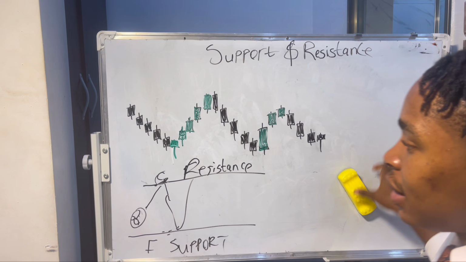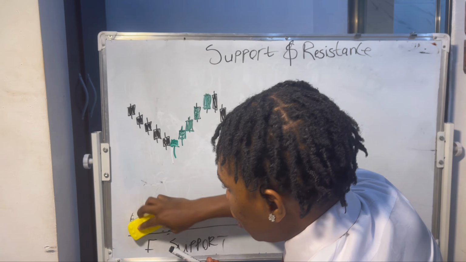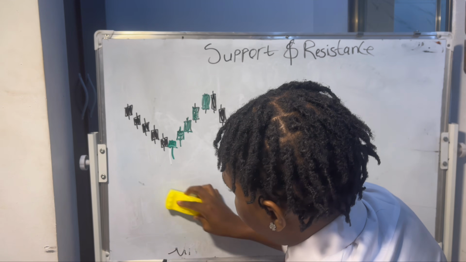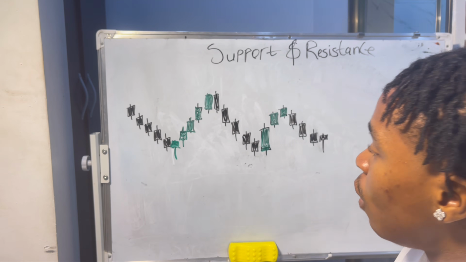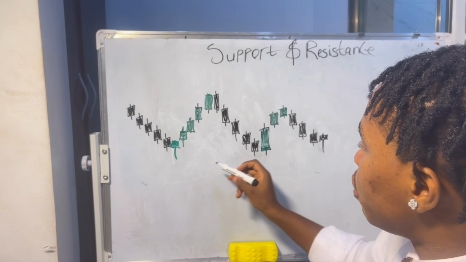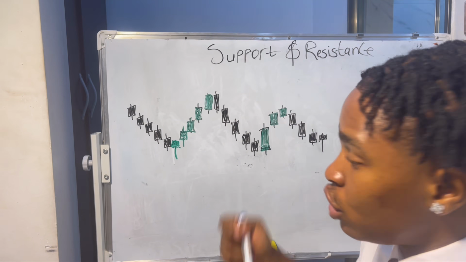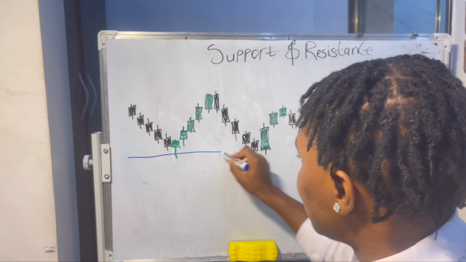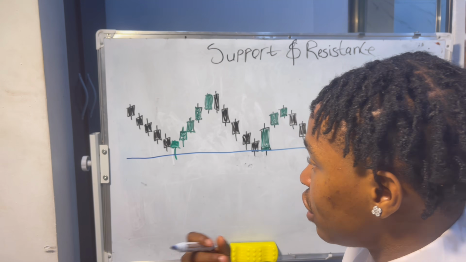So now let me erase everything and show you guys the real strategy, right? Okay, so now looking at this chart, one thing you can see is that there are multiple touches at this point over here. So I'll just use this blue marker and show you. There are multiple points in this blue marker right here. Now this is the same thing with the support and resistance strategy.